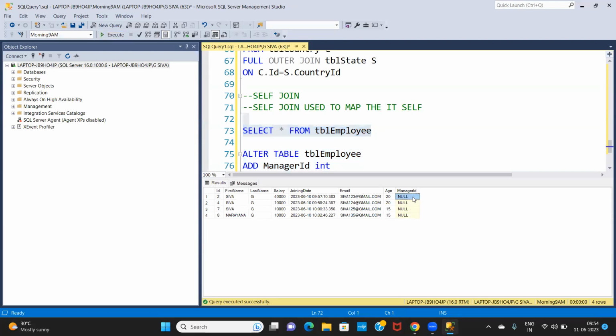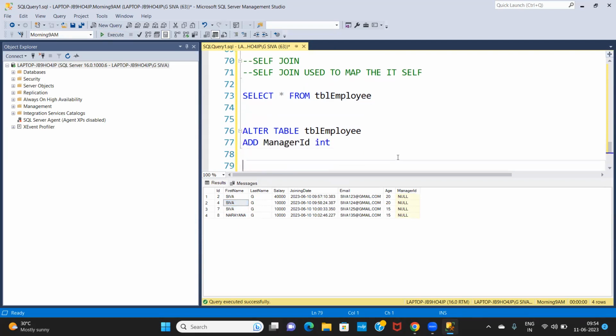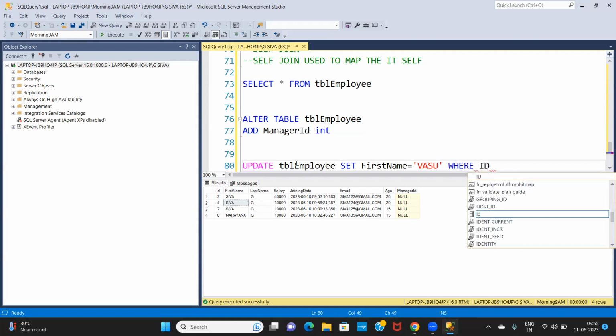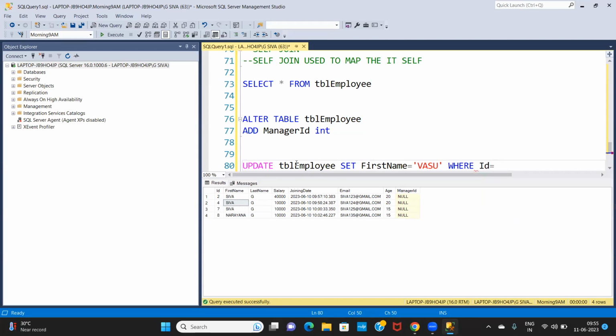Okay, I have a manager ID. So in the employee table, the manager is also an employee. Okay, so I'm just updating this first name, so then it is somewhat clearer for us. I'm writing the update statement in this employee table. Update TBL employee set first name equal to Vasu where ID equal to 2,